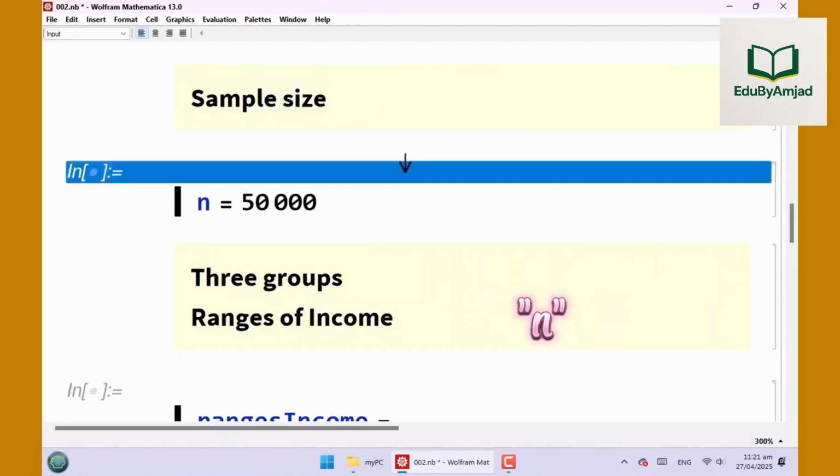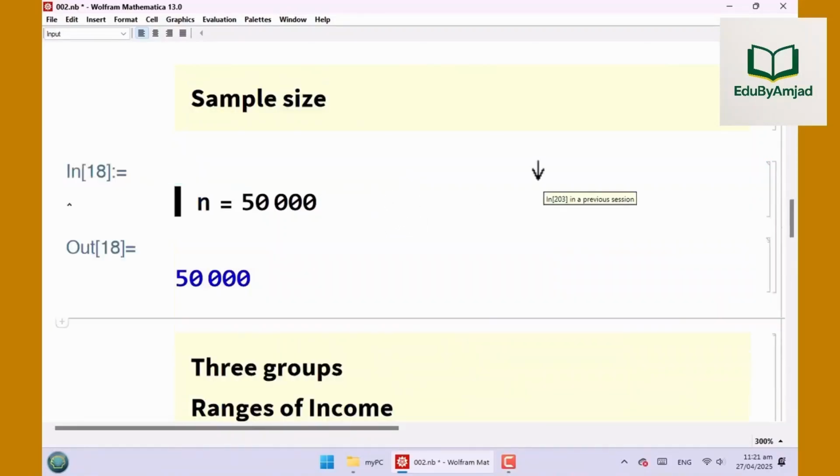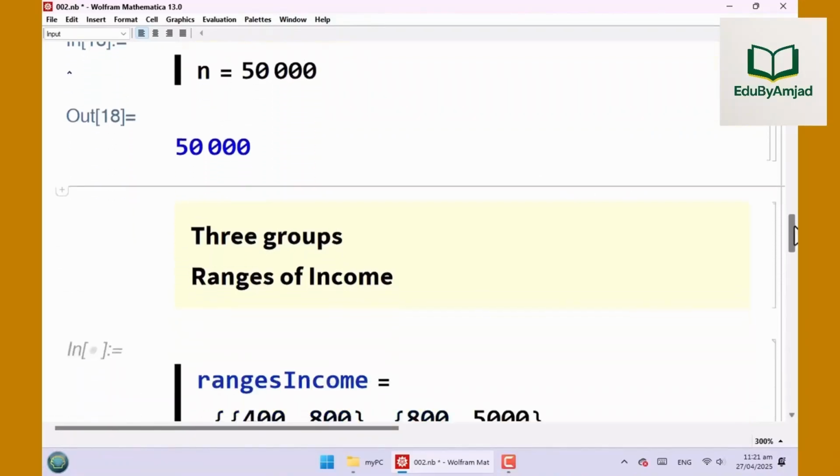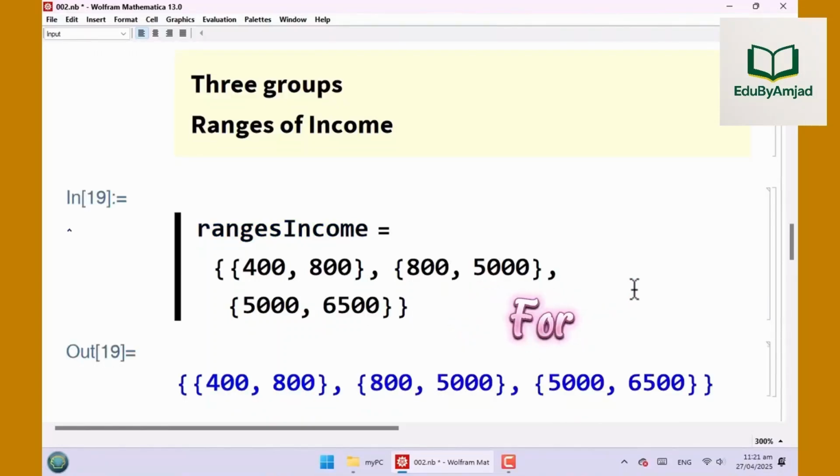The symbol N shows that we're planning to work with 50,000 households in our sample. Look, here we define a set, or a list, also called a row vector. It contains three income ranges for the three household groups in our generated sample.